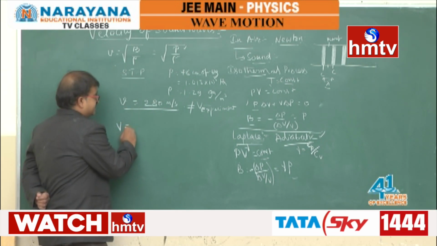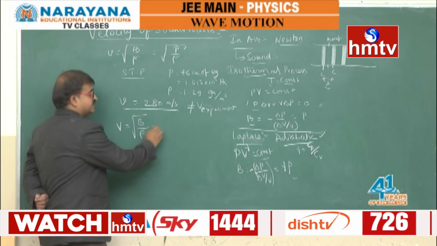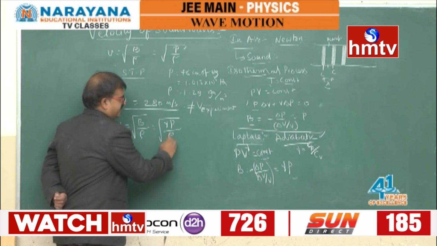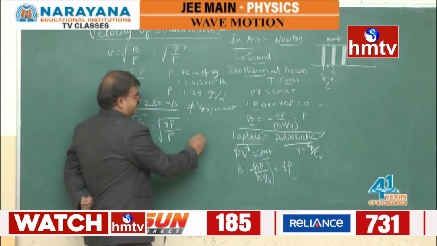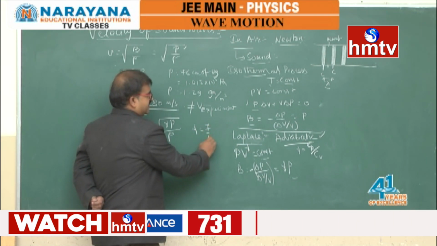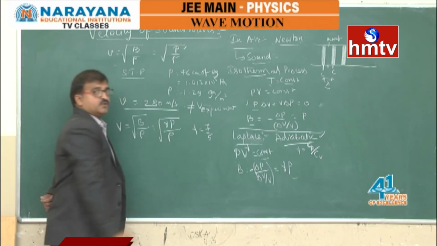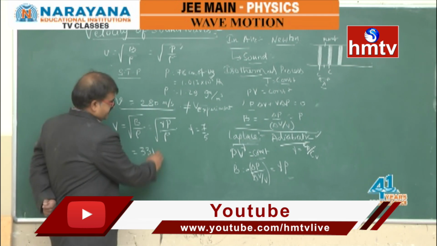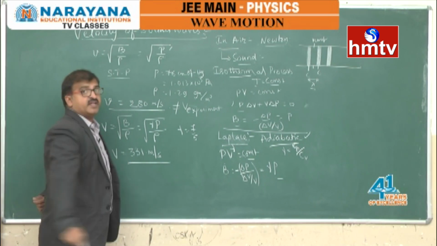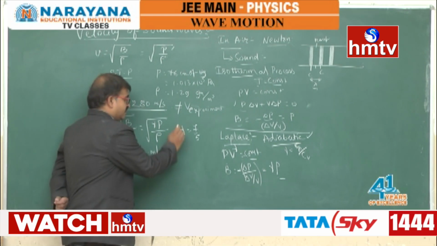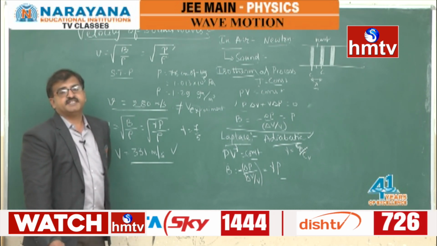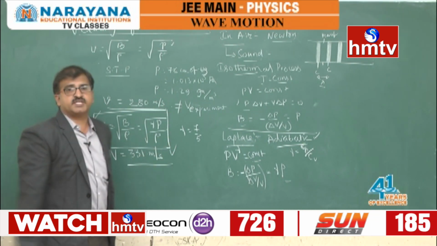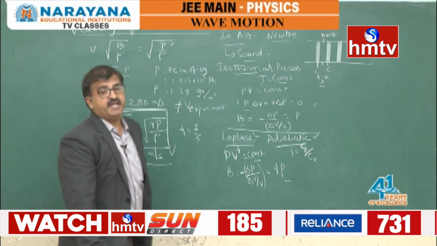So the equation for the velocity of sound in air will turn out to be root over gamma P by rho. In the case of air, this gamma value is equal to 7 by 5. Substituting the value of root over 7 by 5 and multiplying, you will get roughly, at 0 degree centigrade, 331 meters per second, which is equal to the experimental value. So this will be the apt equation for the velocity of sound in air, gamma P by rho.